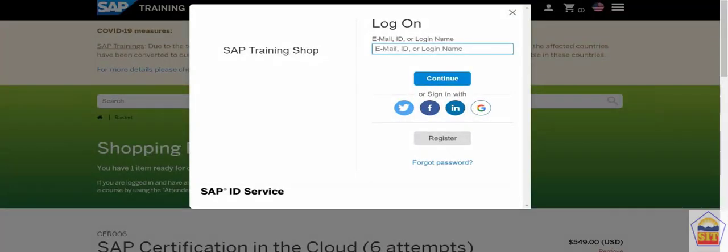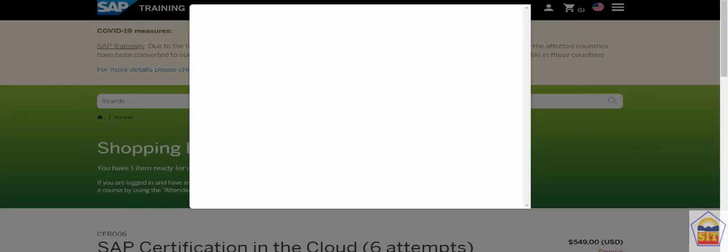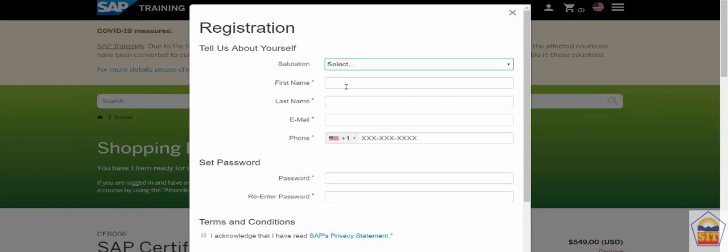After this, the system is going to ask you your email ID, which should be registered on this website. And if you don't have any email ID registered on this website, then you need to click on the register button. When you click on the register button, it is going to ask you your first name, last name, email ID, phone number, and also you can create your password.